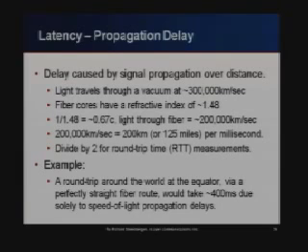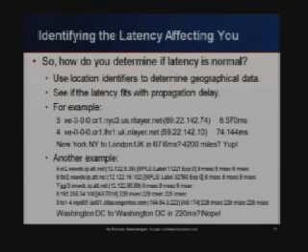And then you cut that value in half, or multiply, whichever way you want to do the math, to take into account round trip. And you can see that for every 62.5 miles of fiber, you're going to see about 1 millisecond added to your traceroute. So you can actually do the math on that and say, well, if I have to go around the world, the equator, it's going to be 400 milliseconds. That's speed of light. That's something you can't change. Well, you don't need to do the round trip, but